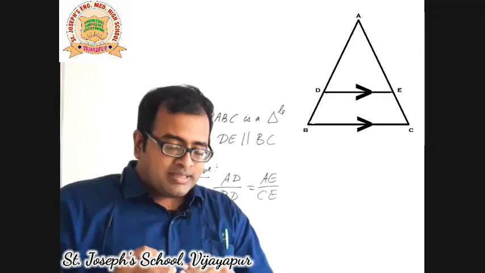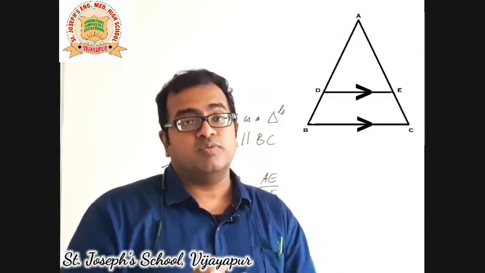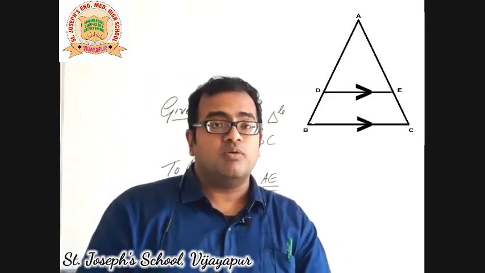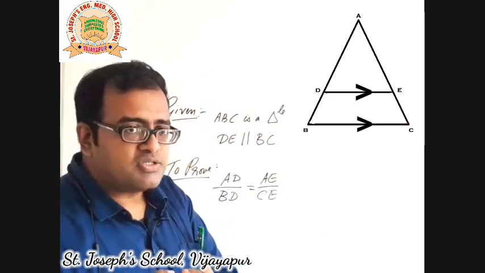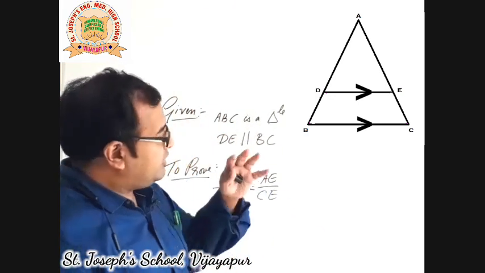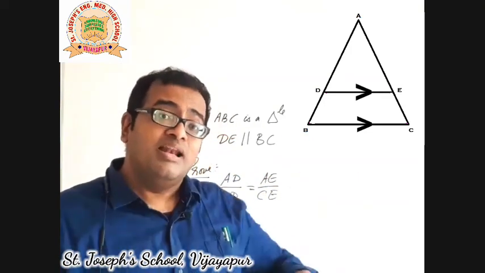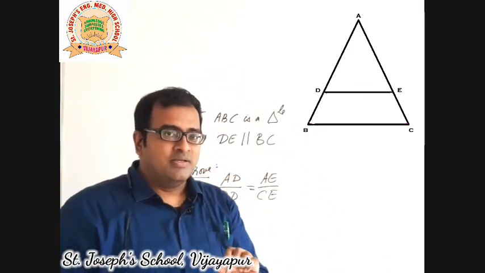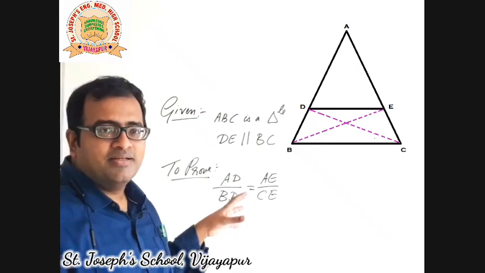So now there is an optional step in between. There are sometimes theorems which can be proved directly with what is given here, but sometimes you have to prove using some extra construction. So this is an optional step. Construction is an optional step. Whenever you do constructions, just to show that it was built on the given fact later, we don't use solid lines, we use dotted lines. So now you can look at the diagram. Wherever you see the dotted lines, they are the constructions.